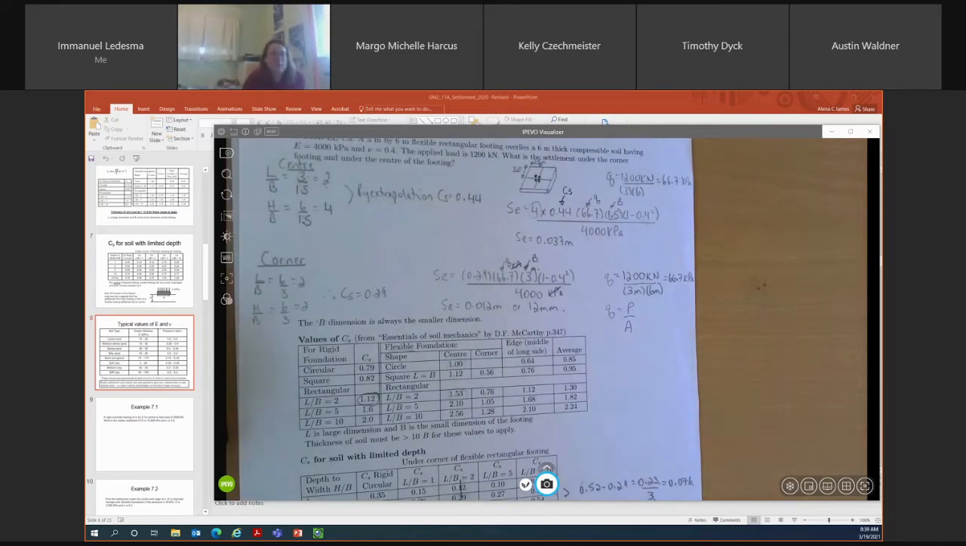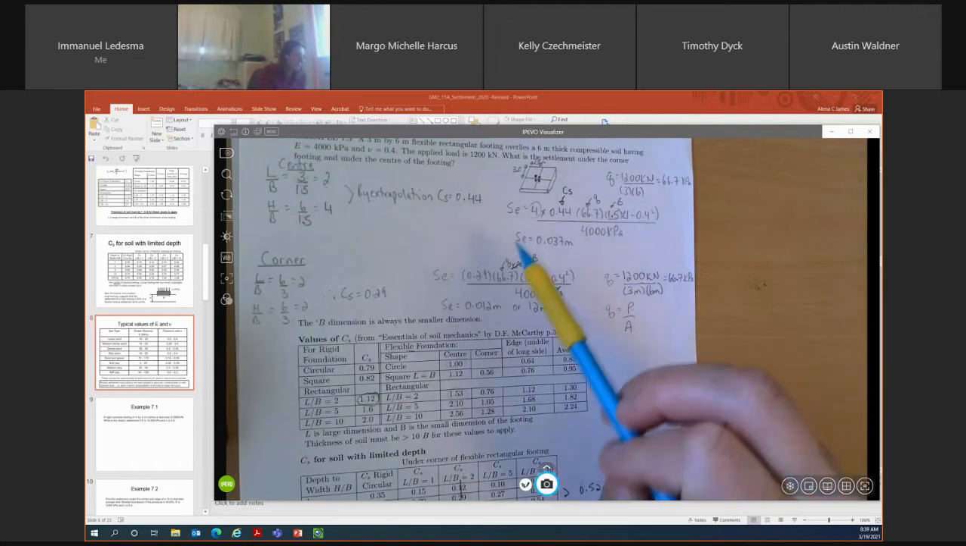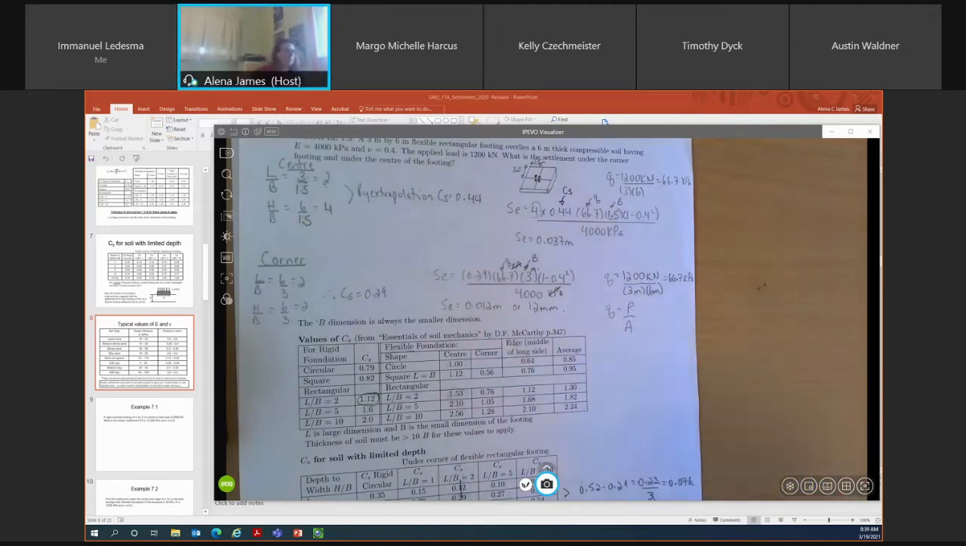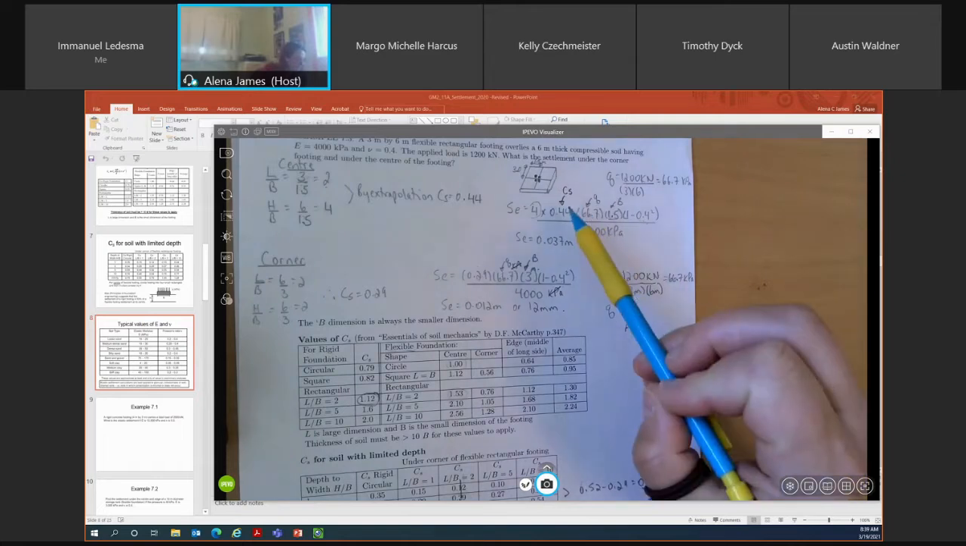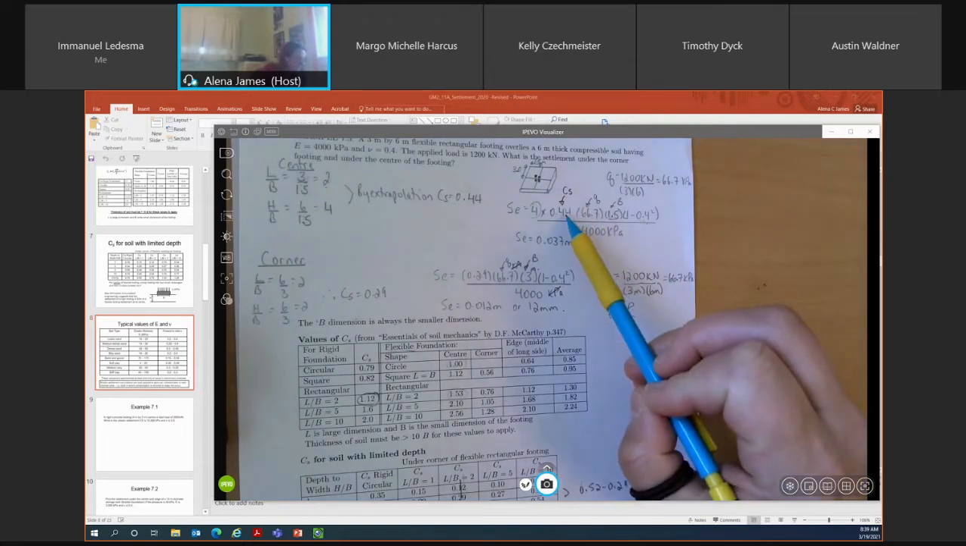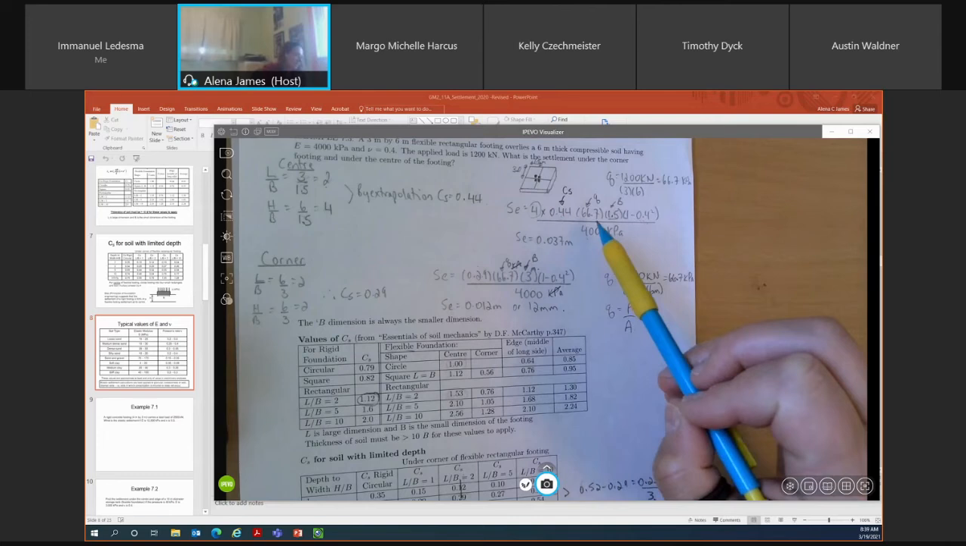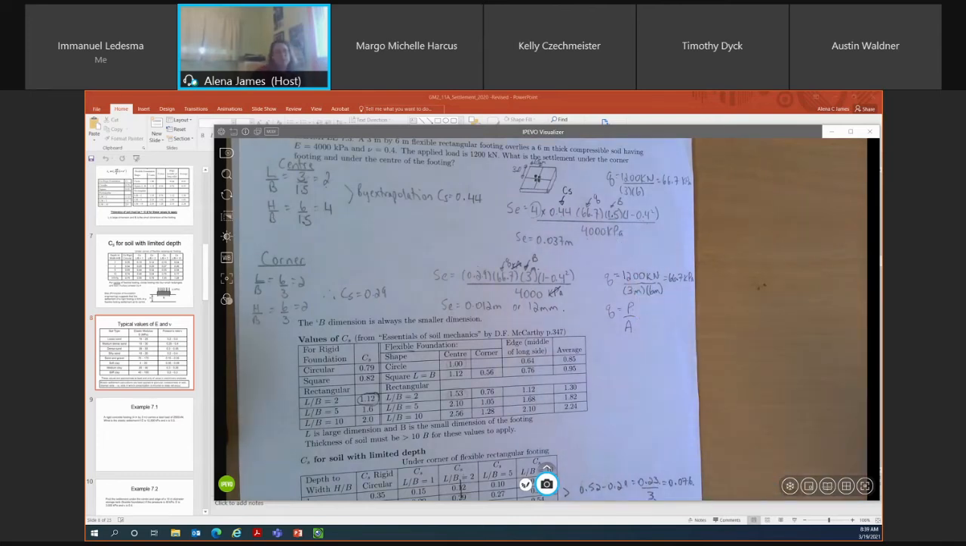So again, yeah, I'll check that equation after, Pavel. Then I would go through and similarly, it would be sort of plug and chug. I know my factor or my CS value is 0.44. Q is still 66.7 kPa. Q doesn't change